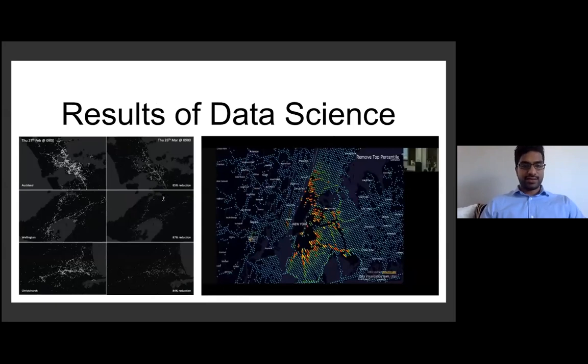Results of data science. Some of the results I'm going to show are from our company. On this side, we were showing the vehicle travel at multiple stages. Actually, this was a GIF. I don't know how to add a GIF to PowerPoint. But if we had actually seen this, we were able to show the real-time travel at different instances,